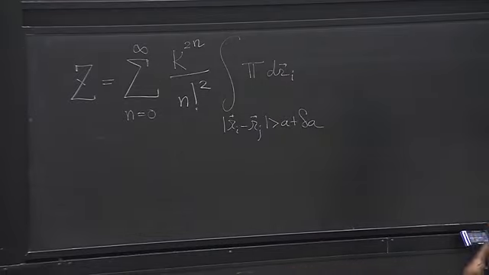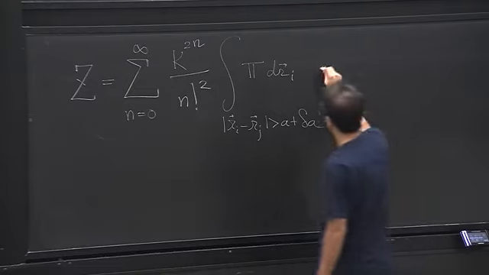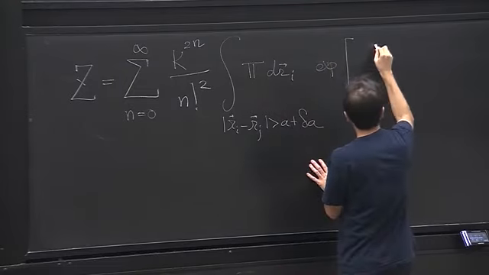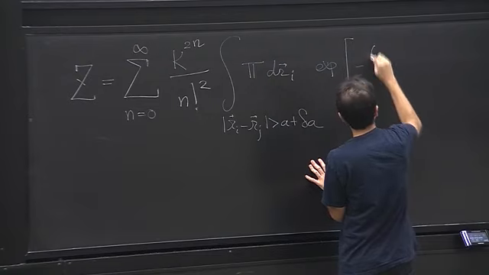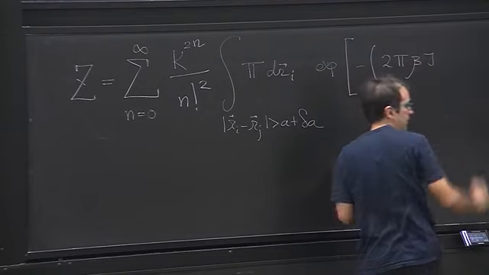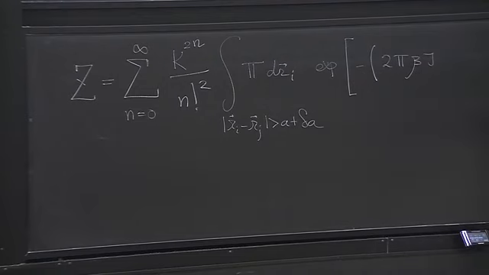Now I change the cutoff, and we get exponential of minus 2 pi beta j